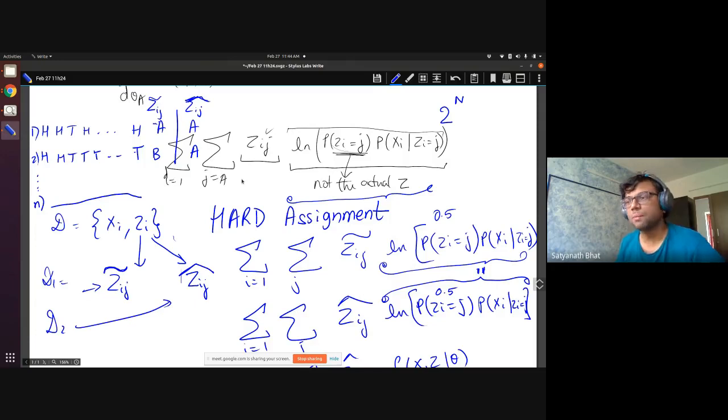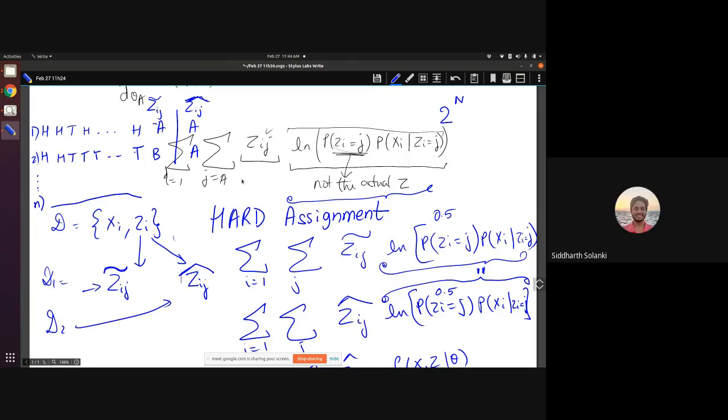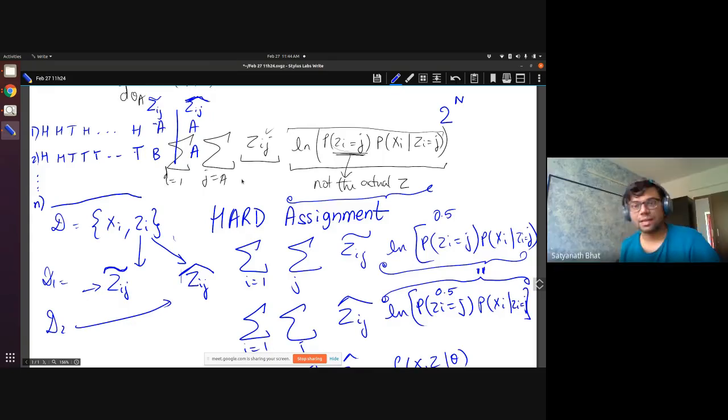What you observe might be very different from what is happening inside. Even if it is 0.5, we might have Zij's completely in favor of A in some observation. Exactly. That is why the Zijs are treated differently from this. These things are as though they are constants. This is completely what is varying. If you do hard assignment, you will pick and choose a few terms and add those up. That was hard assignment. In soft assignment, you will take probability.